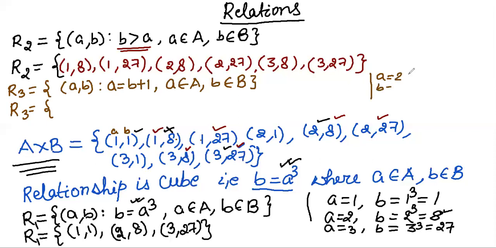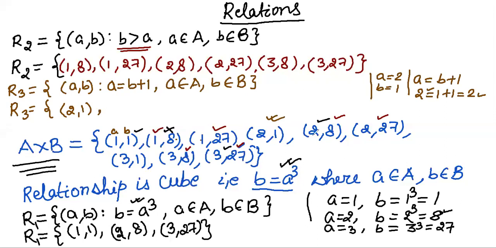So here we are getting a equals 2 and b equals 1. We'll apply it in this condition, that means a equals b plus 1. So a is here 2 and b is here 1 plus 1. Yes, we are getting it. You can see both sides are equal. So the element we have here is (2, 1). This element is satisfying the condition a equals b plus 1. We just have to use this condition. According to the condition only we will write elements.